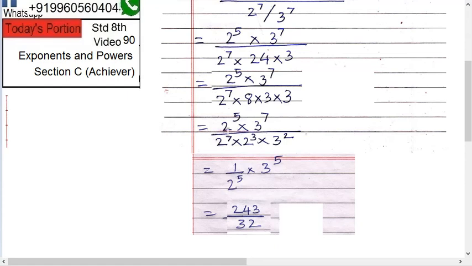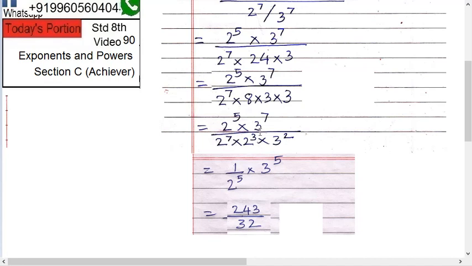Bring everything in terms of 2 and 3. Okay. Next. So now club all 2 and 3. So what remains? 3^7 above, 3^2 below. So it becomes 3^(7-2), that is 5. 2^5 above and 2^10 below. How come 10? 2^7 into 2^3. So bases same, indices can be added. 7 plus 3, 10. So 2^5 above, 2^10 below.